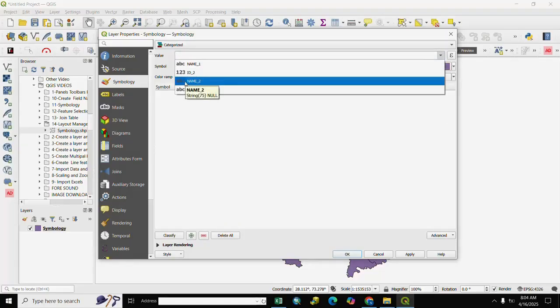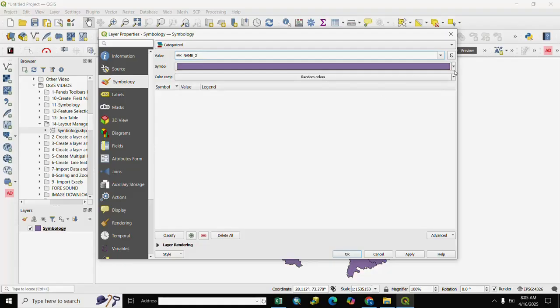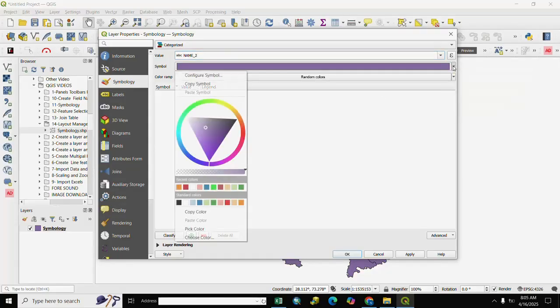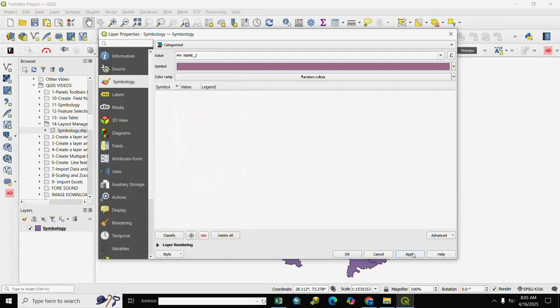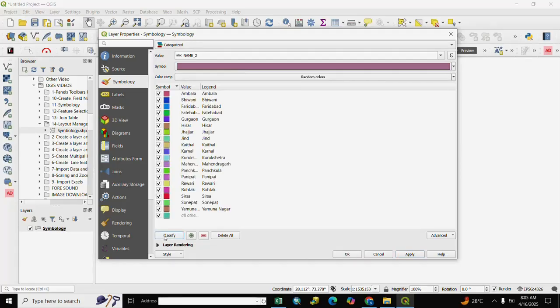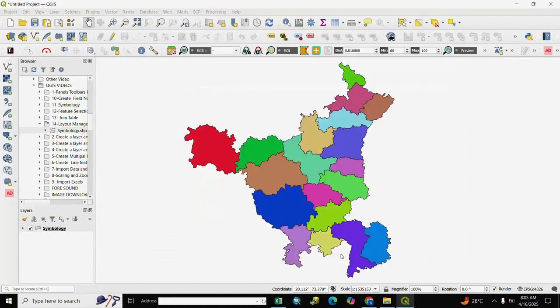We select here name underscore 2, because our category is available on name 2, and we select here color as per our requirement. We select here color, apply, and we classify. You see in downside we classify, and our classify layer is here, and we apply and ok.